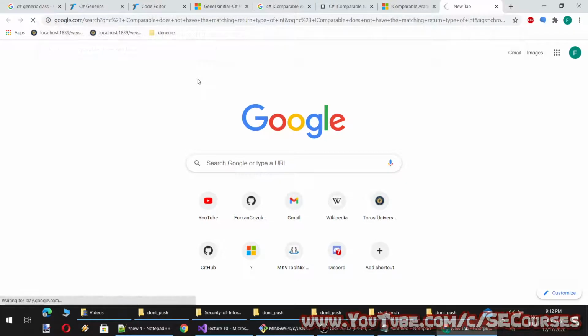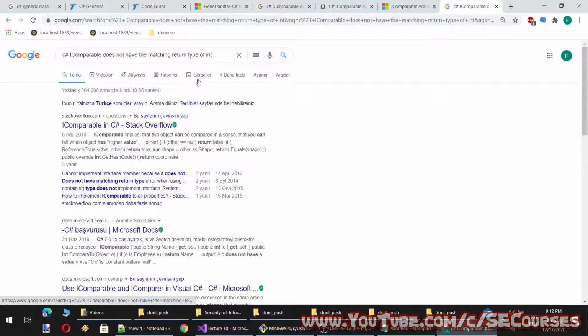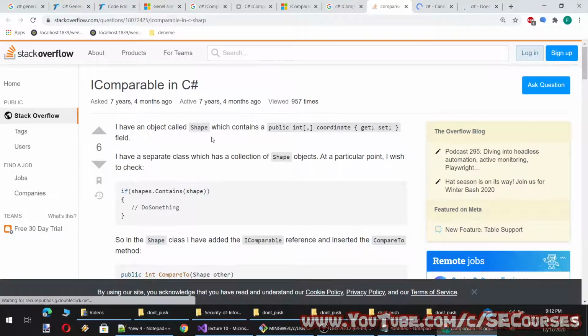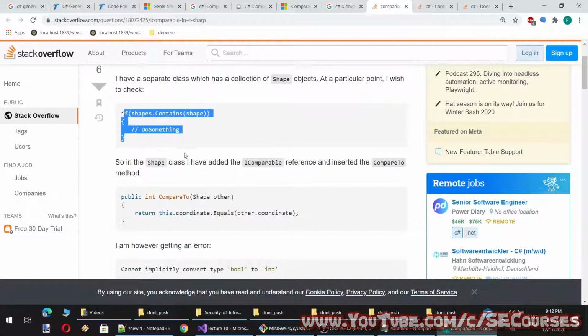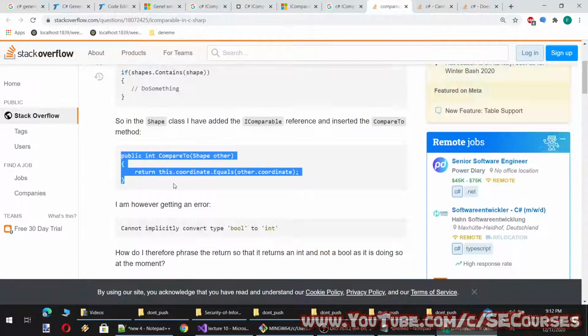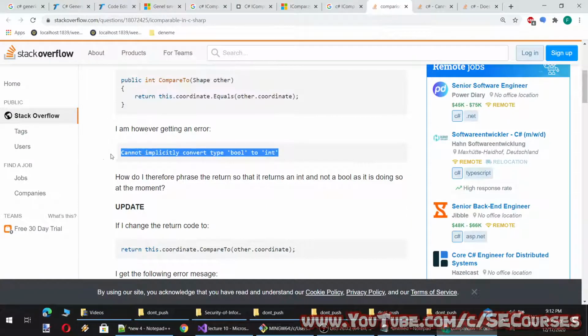But why can I not return boolean? Let's check this out. You see, you should be careful with the errors that your compiler shows you to solve your problem. Cannot convert type bool to integer.